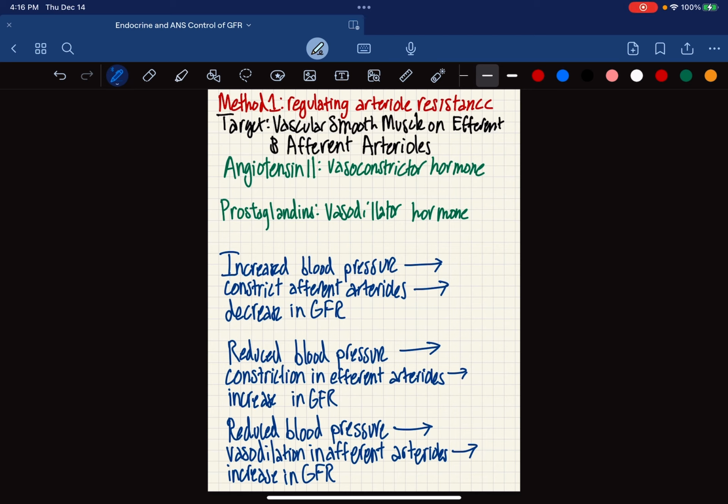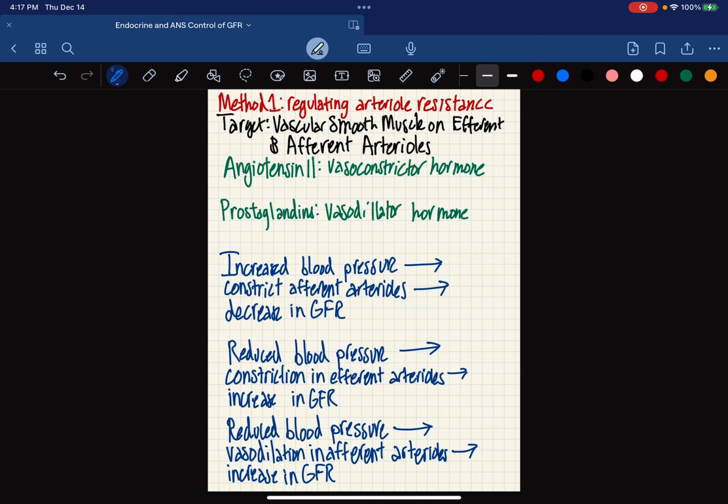So in the case that there's increased systemic blood pressure, you would want a vasoconstrictor hormone because those lead to a decrease in GFR. And which ones are vasoconstrictor hormones? That's correct, angiotensin II. So now there's two scenarios for reduced blood pressure. If you have reduced blood pressure, you can also use another vasoconstrictor hormone on the efferent arterioles, and this leads to an increase in GFR